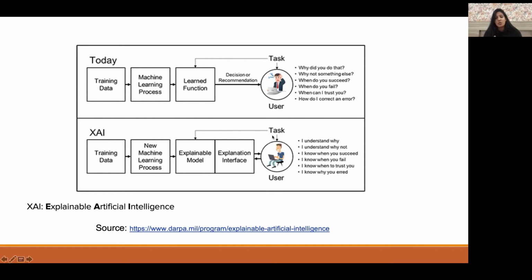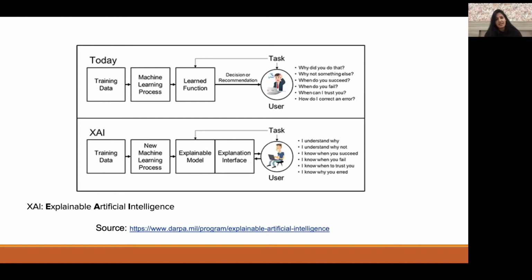So you'll end up thinking, when did this model fail? Can I actually trust the model? Going into a business-centric world, trust in your applications, the reason behind why your application behaves in a certain way, is really important. And that's why we move towards what's called explainable artificial intelligence, where after our machine learning process, we have a whole new explanation interface, which basically answers all of these whys with very simple, easy to comprehend explanations of why your classifier identified a dog as a dog and not as a cat.